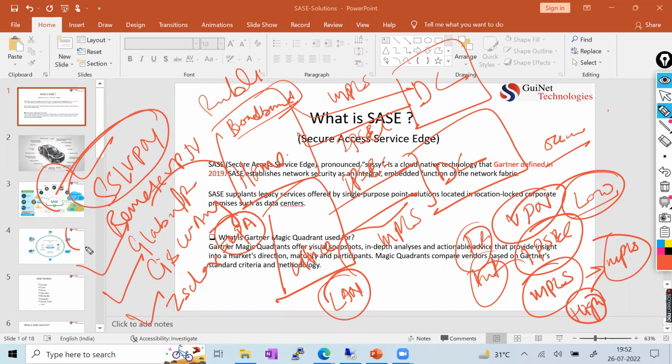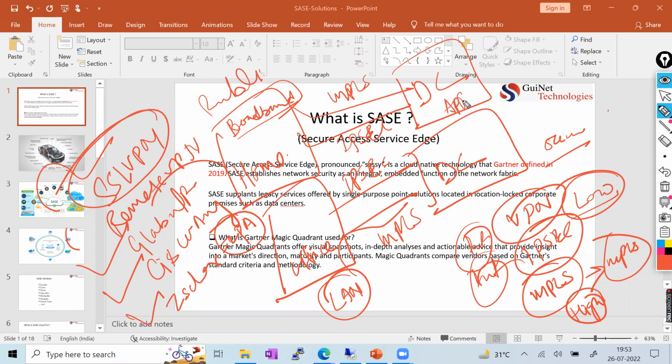After creating this kind of challenge, another thing is going to happen. Let's suppose you invest the money and buy the solution, any remote connect solution, the Palo Alto GlobalProtect solution, or the Zscaler solution. But still, they are going to create a lot of complexity in your network, and they are less scalable for your network. Why? Because now the trend has changed.